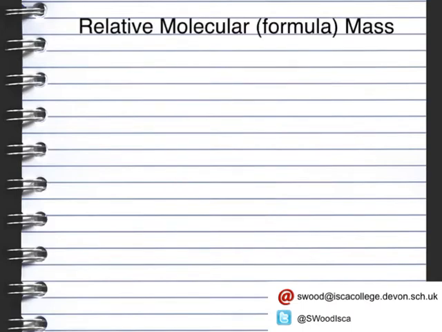Now, the relative molecular mass, or the relative formula mass, is the mass of a molecule. A molecule contains more than one particular atom. What we're going to look at is how we can actually work that out. We need to look at an example. So if we look at sulfuric acid, which has the formula H2SO4, we can see that the 2, which should be a subscript, but unfortunately I can't do this on this particular bit of software,